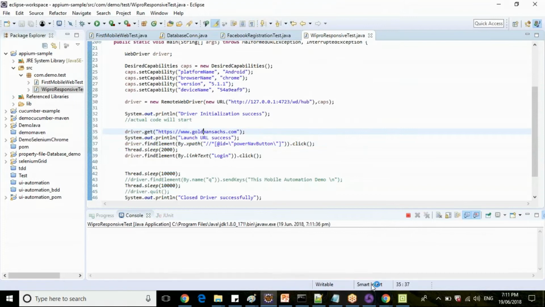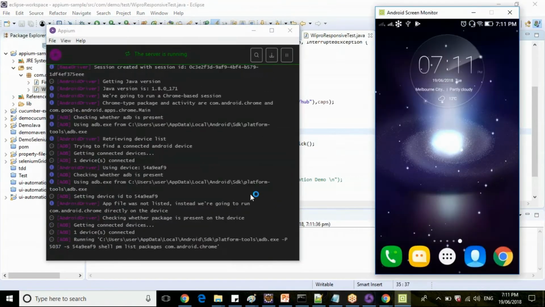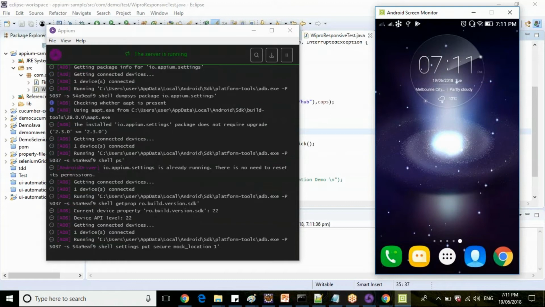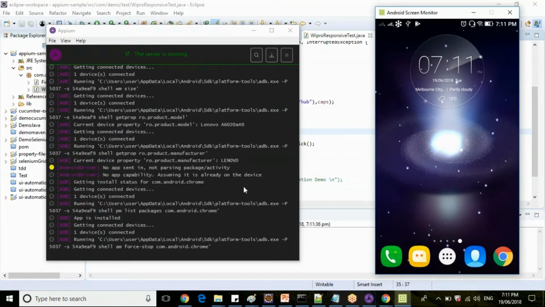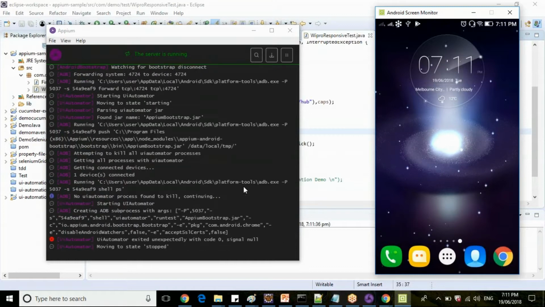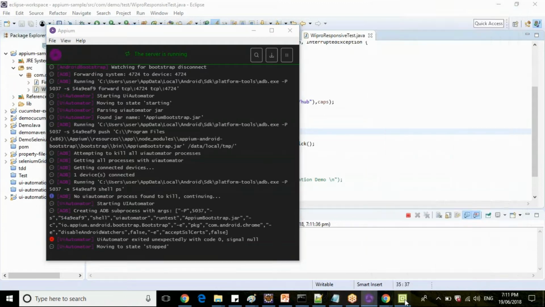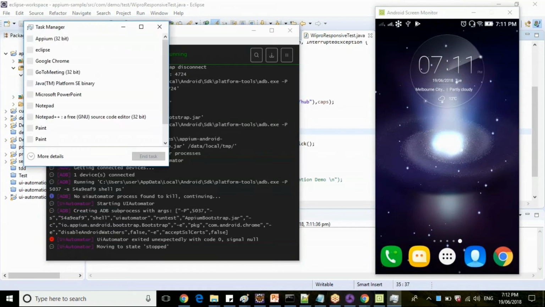Re-execute the script again. How come UI Automator is stopping again and again? Just give me a sec, guys.